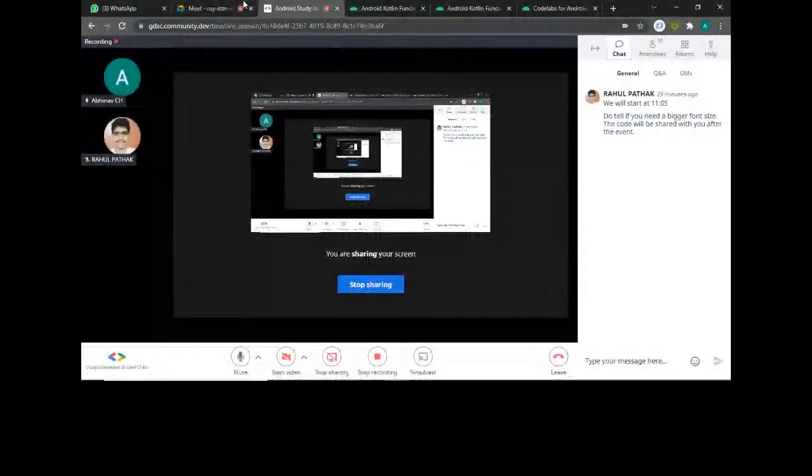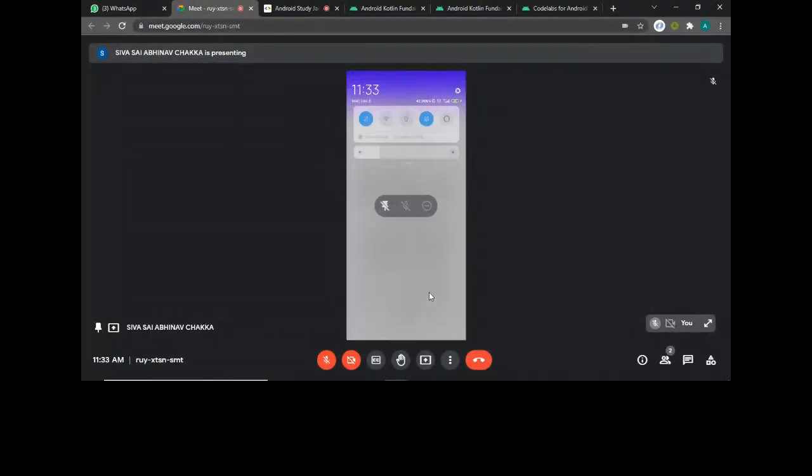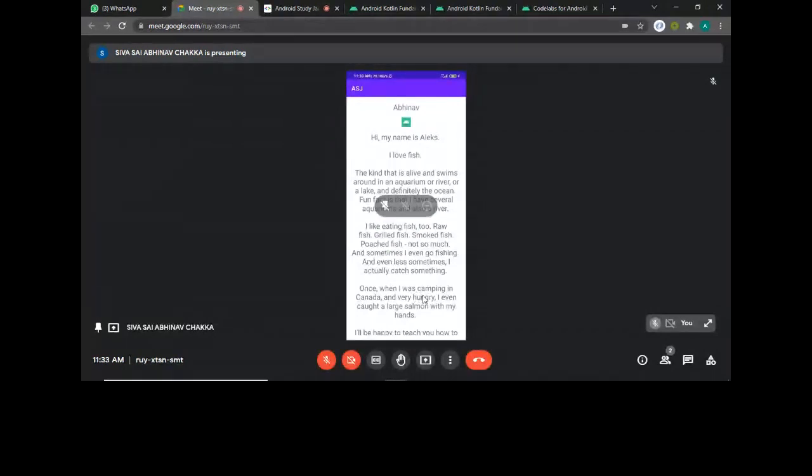So go here and you can see, this is how the app looks right now, since we added all the description. But you can see one thing: the text is more than the screen size, and you cannot scroll down to see what there is.